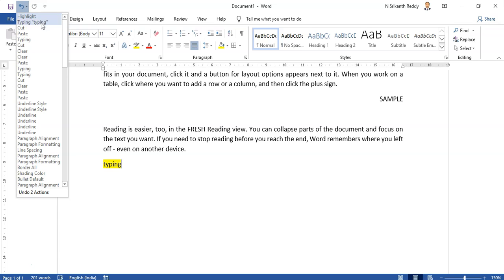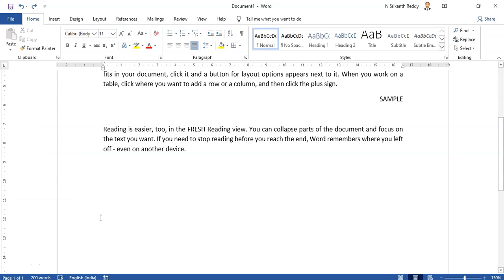If I want both of them to be undone at one click, then I can use this. Both of them get undone. Otherwise, what I have to do is use one at a time. For example, I have typed this. I have to undo first the coloring, so highlighting.